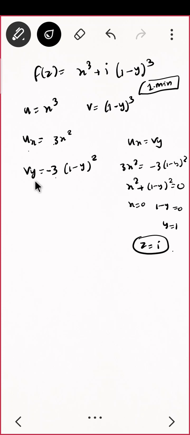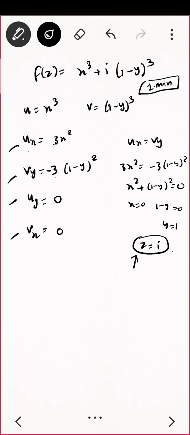But we have one more condition, that is uy and vx. What is uy? Uy is 0, and vx is 0. Perfect. So can I say something? It is satisfying CR equation at which point? Z equal to i. And what was the first point in the sufficient condition? Each of the partial derivatives must exist at that point and they must be continuous. So you can see this exists, this exists, this exists, this exists, and everything is continuous. These are polynomials only. At z equal to i it exists, it is continuous, and it is satisfying CR equation. So all the three conditions are satisfied for me.